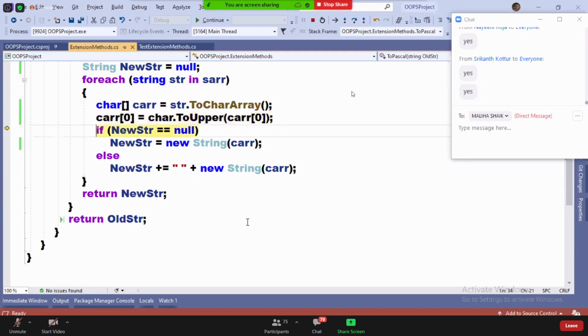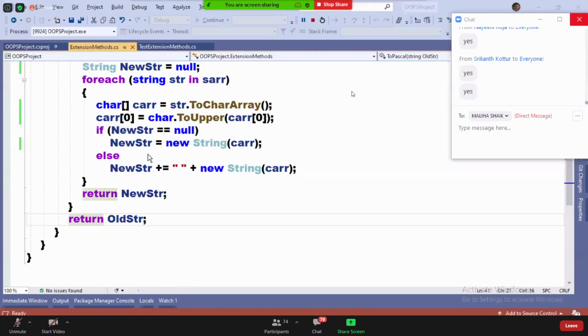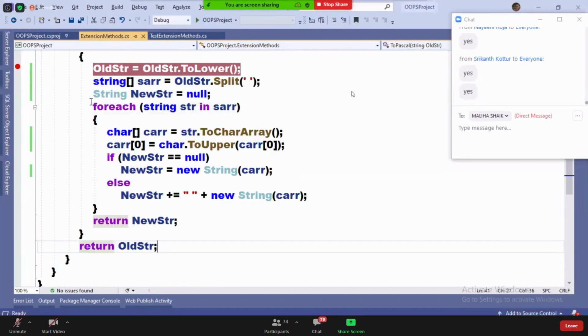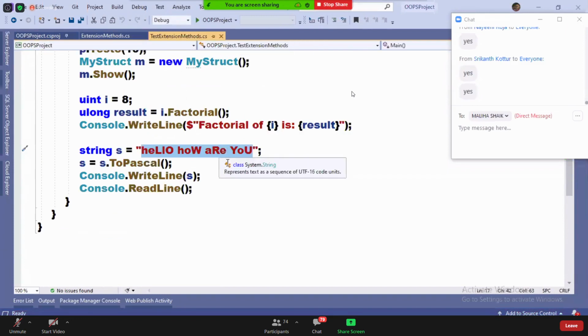The loop runs for the third time and now it is R. The loop runs for the fourth time and now it is U. Okay, now it is checking any more values? No. Return new str. See that new str is hello, how are you? Debug here, that's what I'm telling you. Debug the code. If you don't understand the code, that's the only thing you need to do: debug your code.